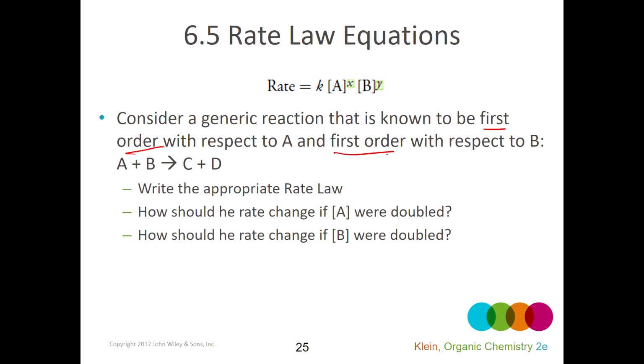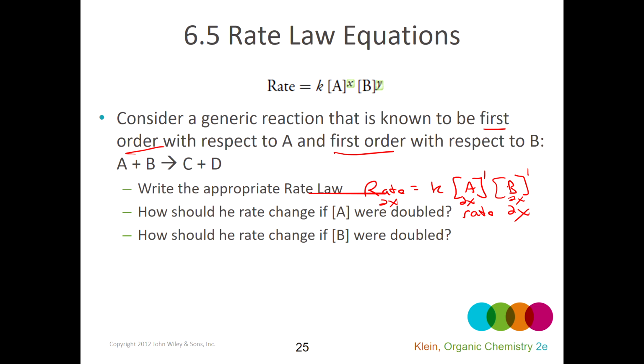Right, so this is really not very different from what we just said. The rate law would then be the rate constant times A to the first power times B to the first power. So everything's multiplied together over here. If I were to double A, since it's first order, that would cause the rate to double. Now that B is first order, if I double it, it's not to the 0th power, so that's actually going to make a change. If I double this, the rate would double, or the slope of that line would become twice as steep in